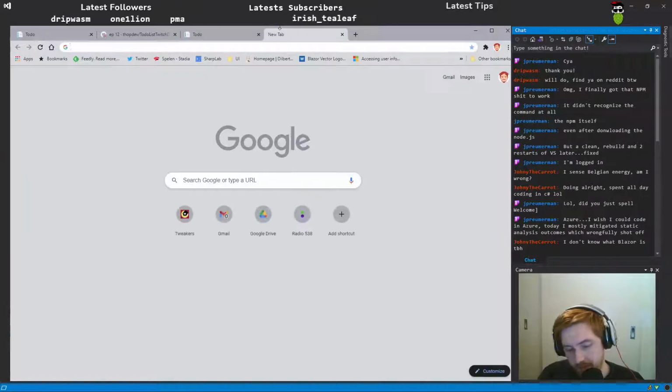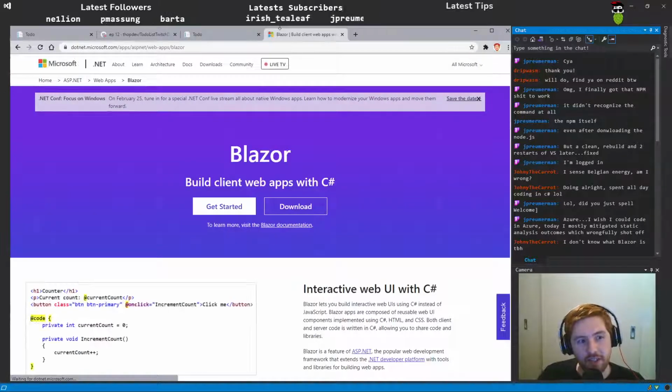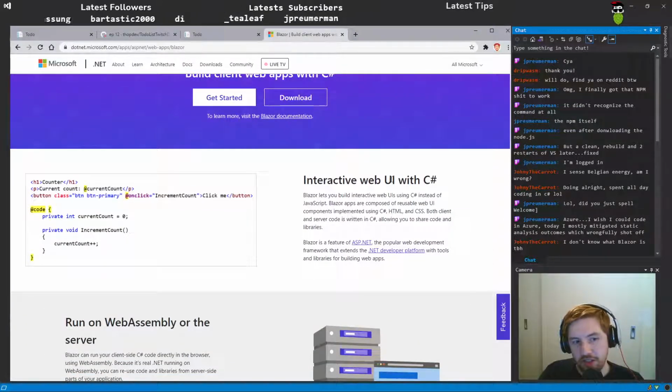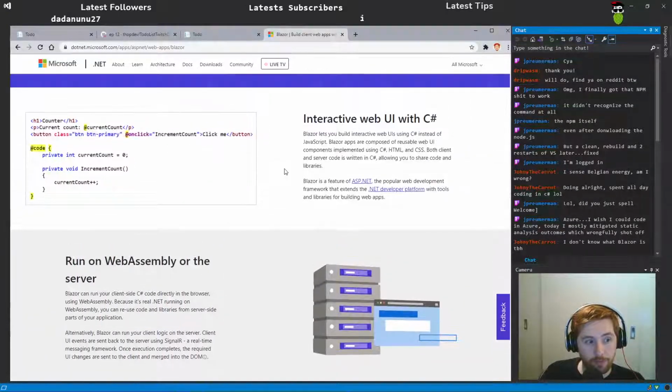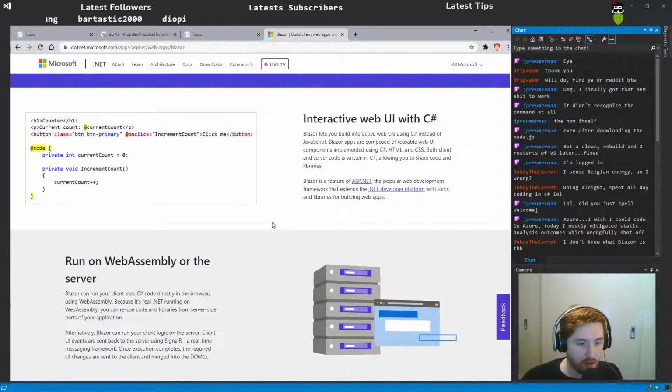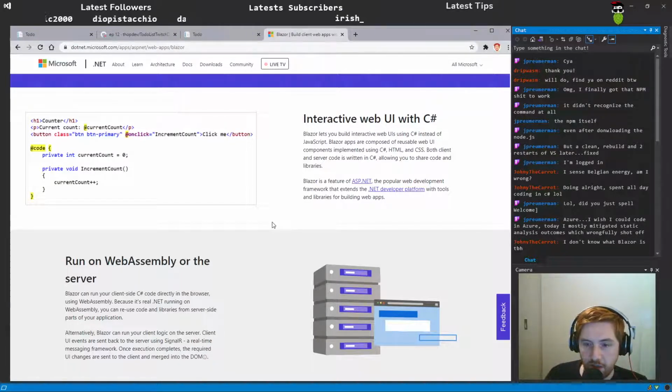But if we go to blazor.net, yes. Blazor is an interactive web UI using C#. And there are basically two flavors of Blazor right now. There are more coming, but there's server side and there's client side. And server side means that there's a WebAssembly interpreter for your .NET DLLs. So instead of writing JavaScript, you can now write C# code, but with the functionality of